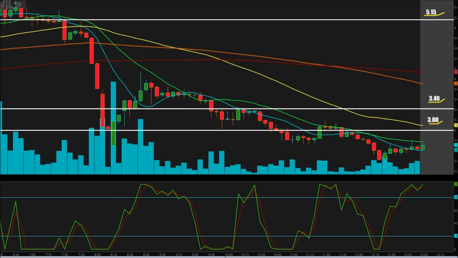So ideally what we're going to see is we want to see higher highs. We want the next oversold area to be higher than $2.40. It doesn't have to be much higher. Any amount higher than $2.40 will make this chart look a lot better. If that happens, moving averages will all start curving up on these more intraday frames. Like I said, the 1 hour frame isn't that ugly. The longer frames are still showing that the overall trend is up. But on an intraday level, yeah, the overall trend today is really down and awful. So we need to see these intraday moving averages start legging up. We need to see better lows, higher lows, and we need to see higher oversold points on the relative strength index.